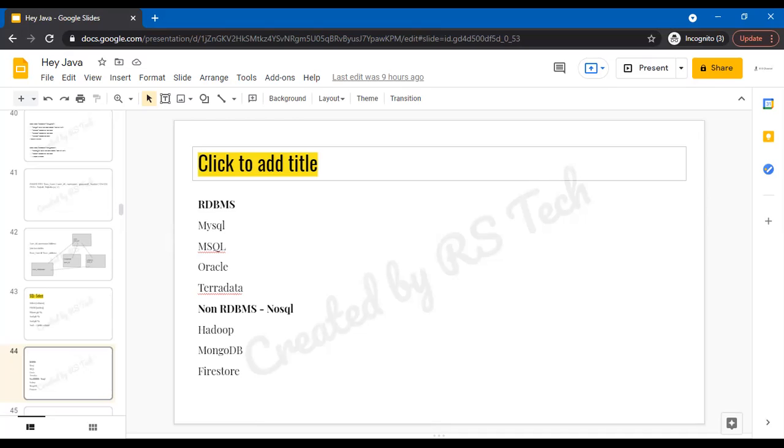Why? Because it is directly from the creator, so they give the appropriate reason for why this is being done. So I always insist on going to the documentation, whether it is Java, MySQL, Angular, JavaScript, HTML, CSS, Maven, or Log4j. Whatever you are working on, go to the direct developer site, bookmark that link, and read a couple of lines on what they have given. That will really help you in understanding the basics.